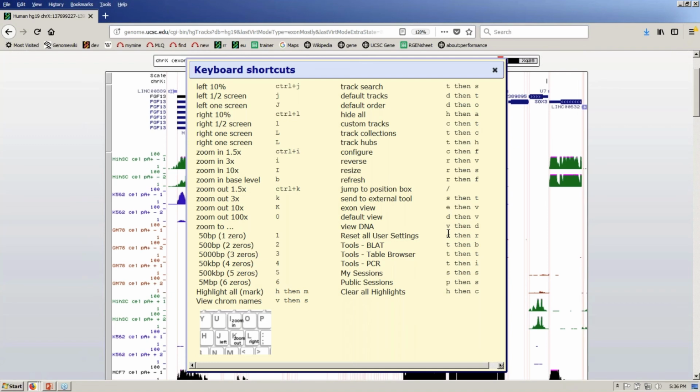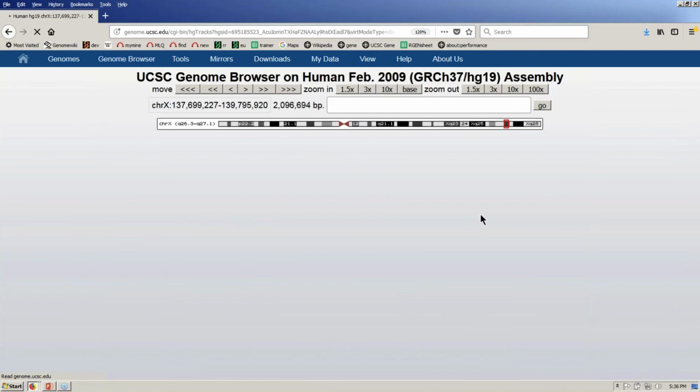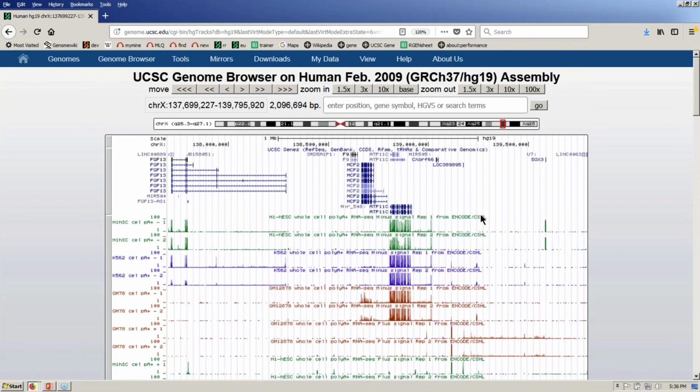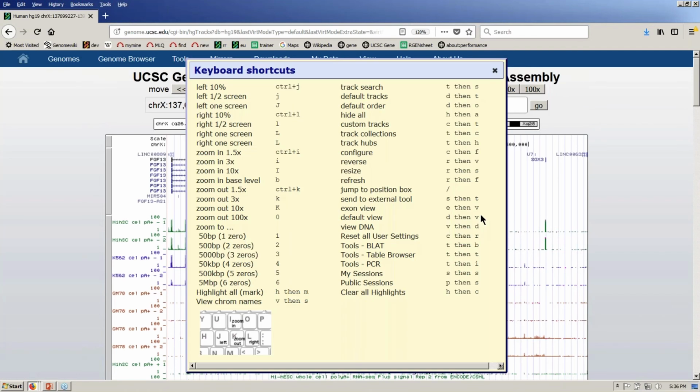But the default view is a quick way to get out of exon-only mode, so I can type DV on my keyboard and it will immediately pop back out of exon-only mode. One thing I probably should have shown you, let's see if there's an exon-only. Okay, EV is exon-only view. So I go to EV, redraw the screen in exon view,